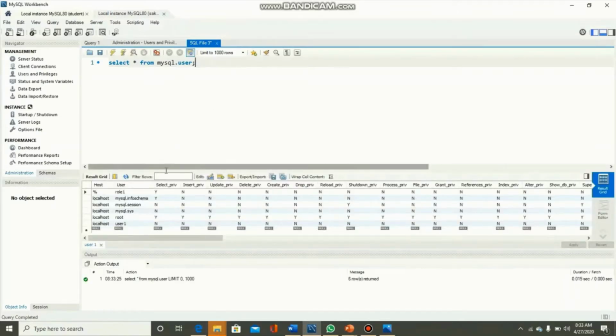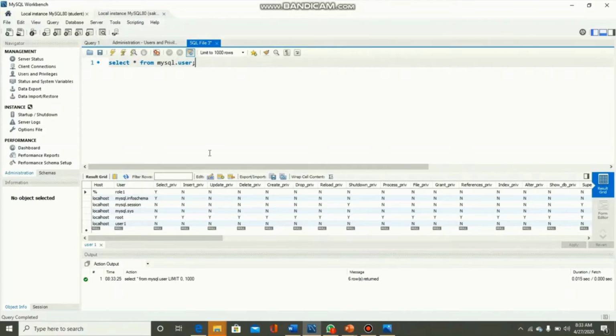Here we have the list of all the users, and we have host, then username, and attributes for the privileges. Like we have select privilege, then insert, update, delete, create. There are so many privileges in this list.